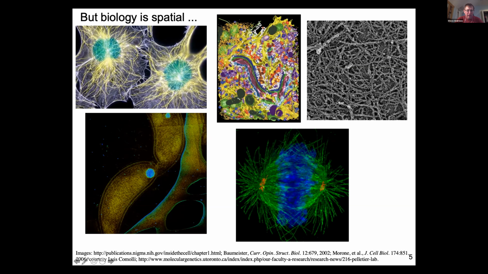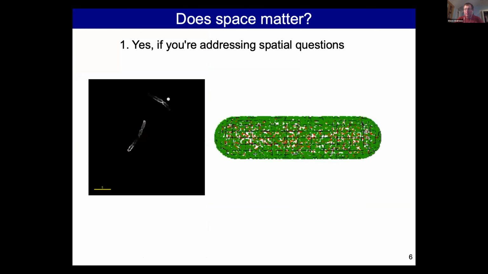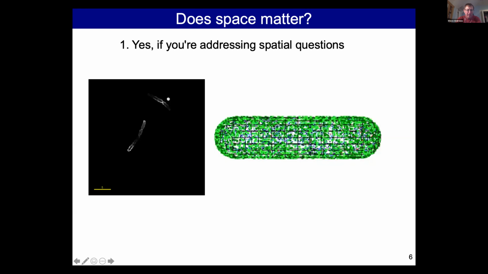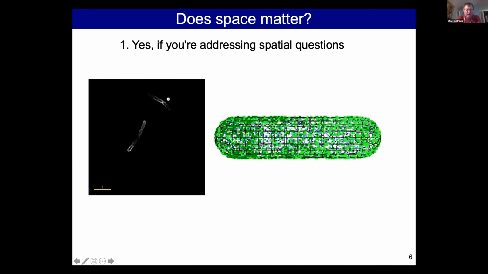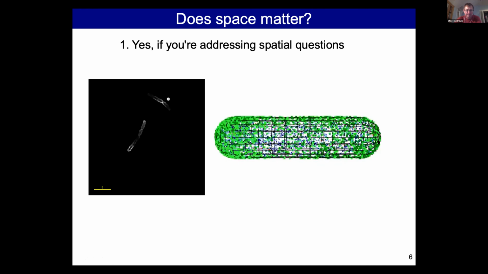So we saw this in the last talk as well. Does it matter? I have two answers to that. One is yes, if we're addressing spatial questions. Like here are E. coli cells, we call it the MIN system. If we look really carefully, you see these fluorescent proteins go back and forth in the cells. So pole-to-pole oscillation. And that helps the E. coli find the cell center. So yes, it's a spatial question. And to study that question, you build a spatial simulation that creates the back and forth oscillation and helps understand how it works.